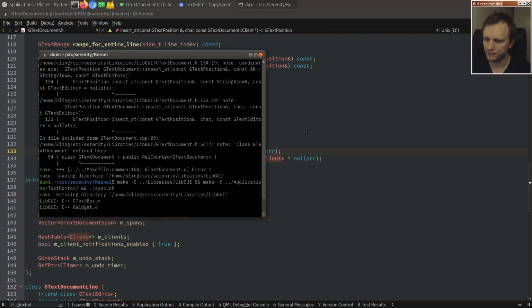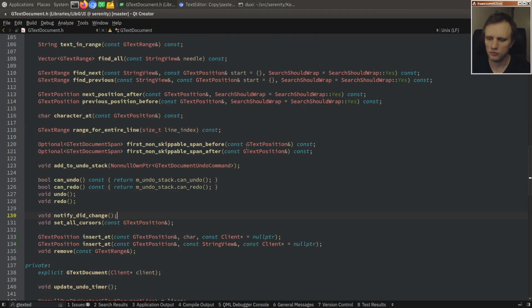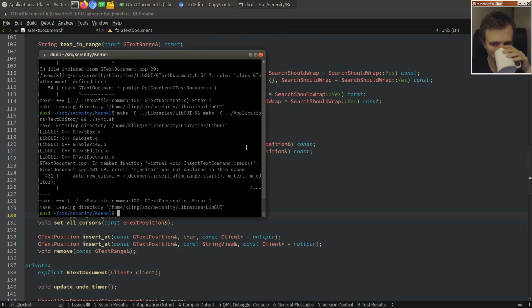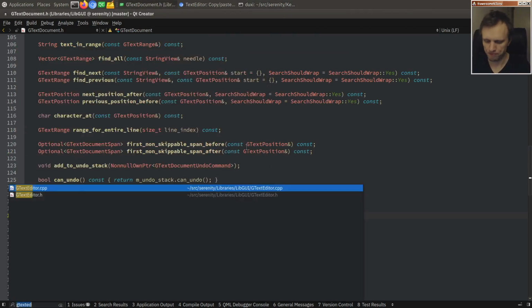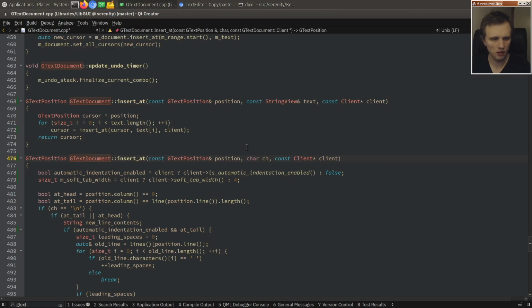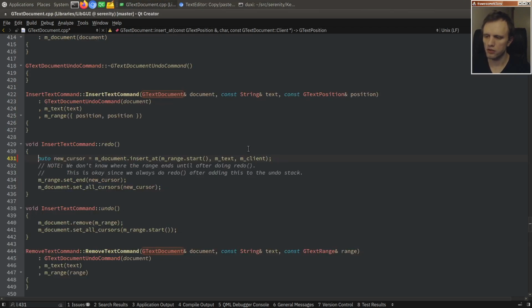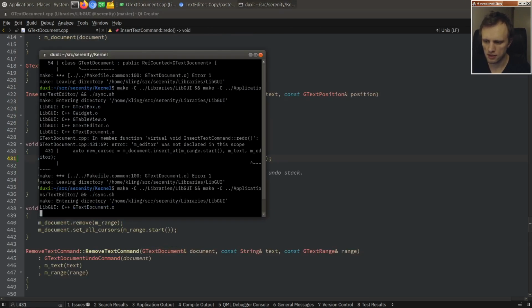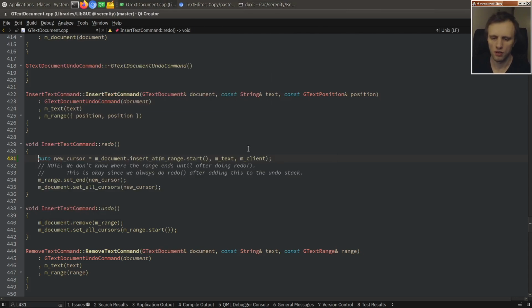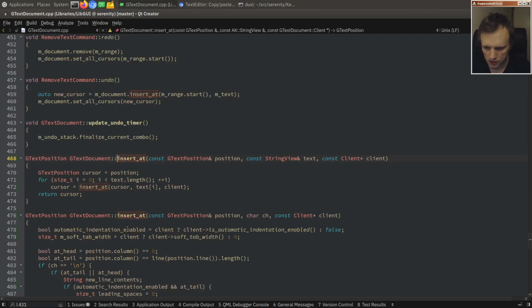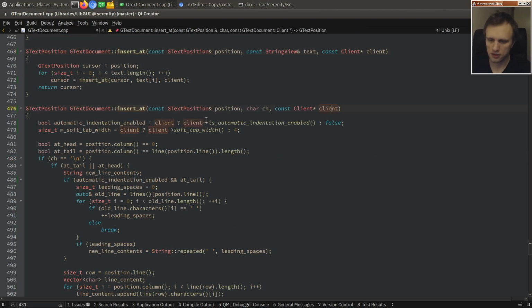That's nifty. So gtext doc line 431 is upset because I didn't save. All right. Now, when we do insert at, and we have the client, and he says whether or not auto indent is enabled, then